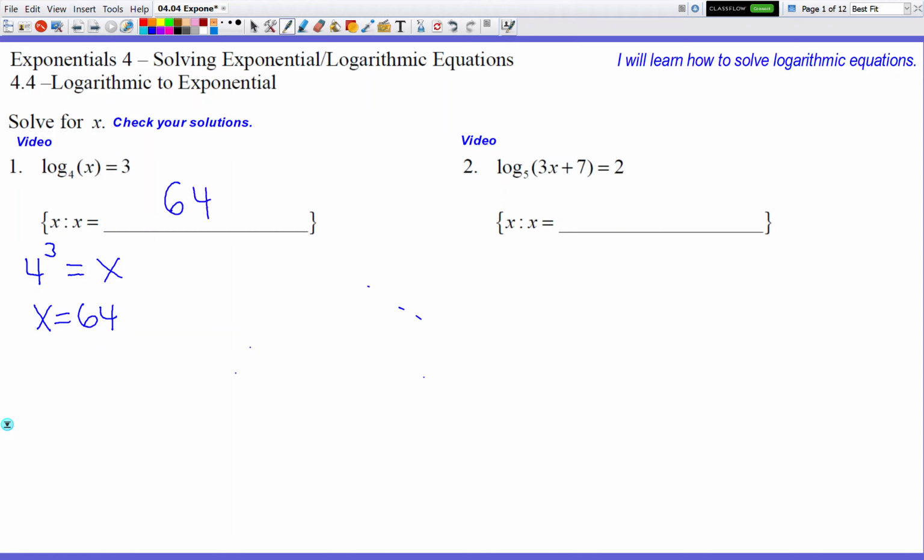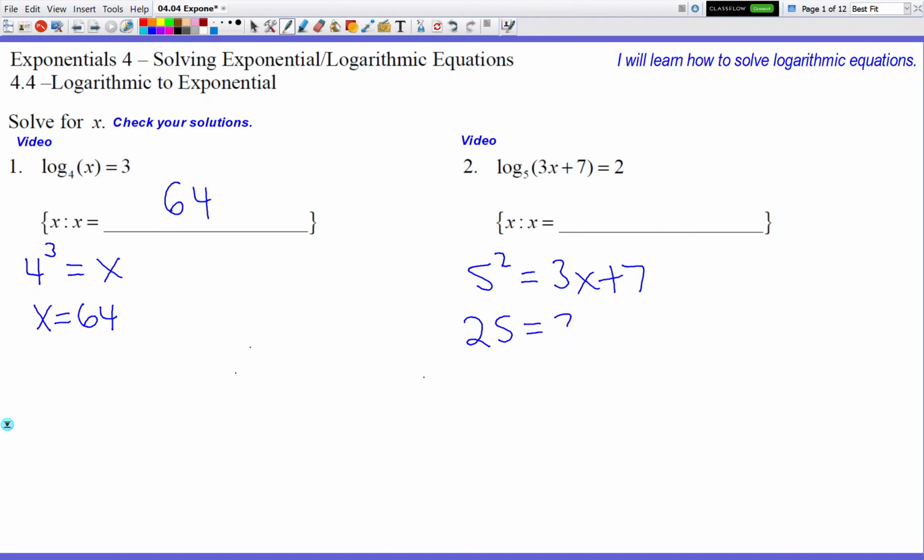Okay, all right, second problem. So we're going to solve for x, and once again he's stuck inside the parentheses, so we're going to change forms. We're going to change from log form to exponent form, so we're going to go 5 to the power of 2 equals 3x plus 7. Okay, and then we're going to start simplifying these numbers. So 5 squared, I hope you know it's 25,